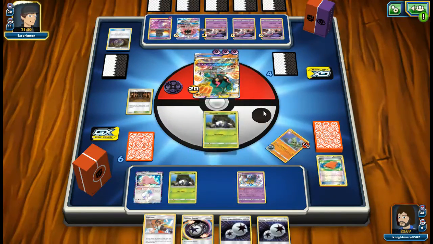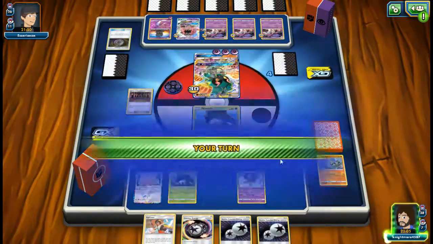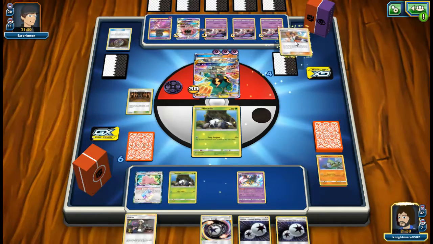Also, just an Ultra Ball, anything, maybe a Zebstrika. I mean, I don't really want to get rid of my energy because we're not going to be able to get him back, but still something would be better than nothing. Alright, well, I think,